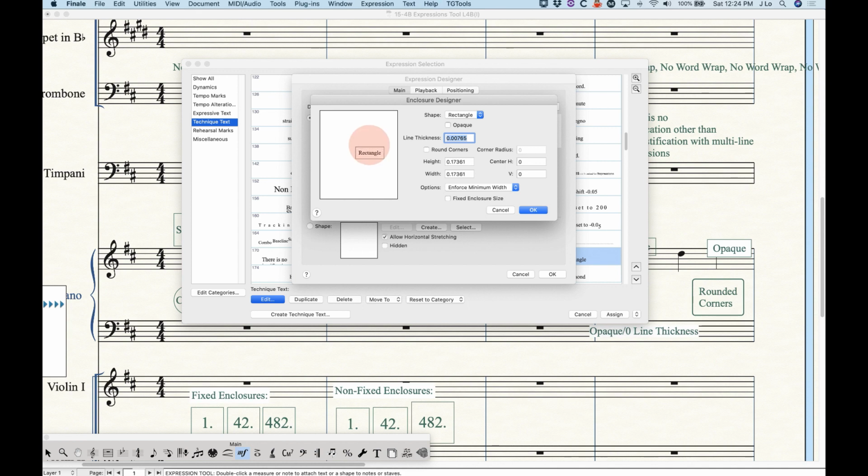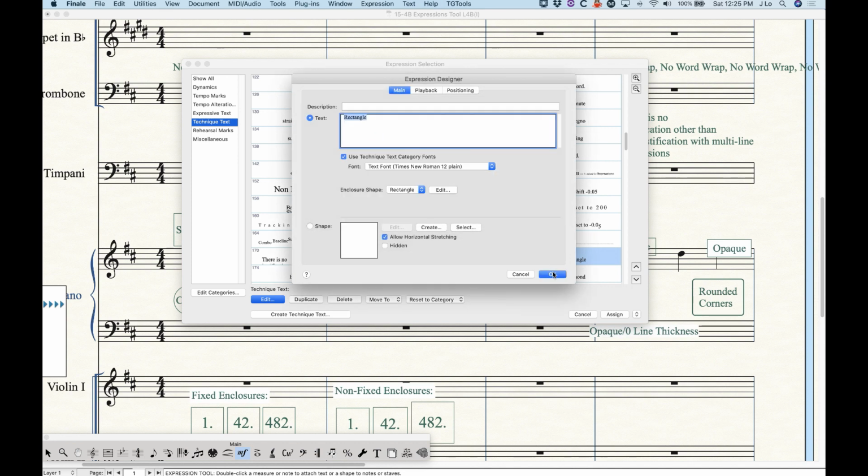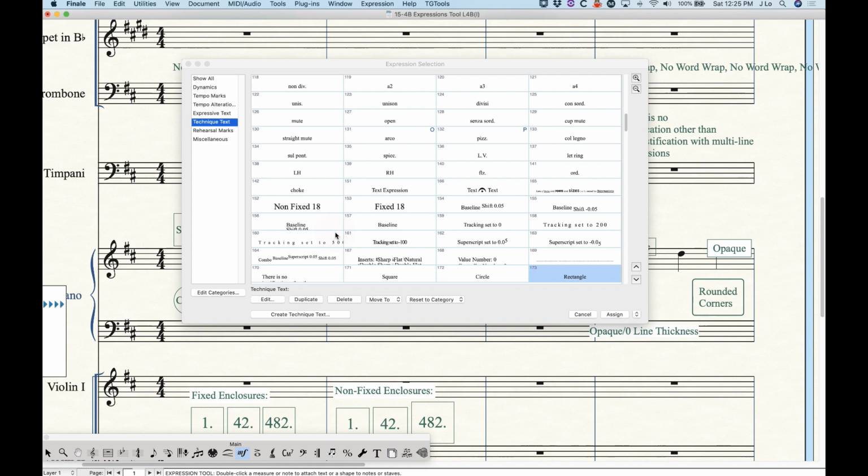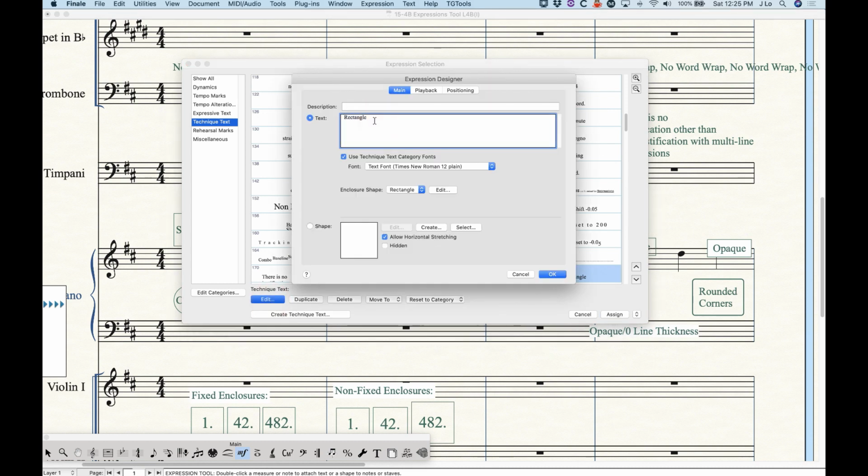With the enforce minimum width, you'll see that it's much easier to manage around that word. And again, we can choose the size of this and all that stuff just by moving these handles around. There is a fixed enclosure size option here, and if we choose that, then it's going to ignore all of these other options here, and now we can set the enclosure however we want it to, and no matter what word is typed in there, let me just show you this. So now this rectangle looks like that, and no matter what word you type in here, if I type a smaller word in here,